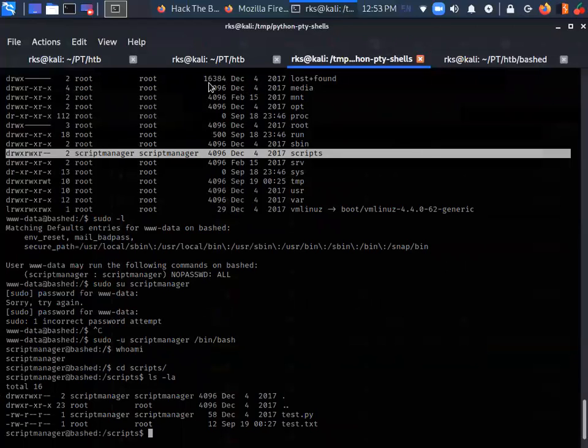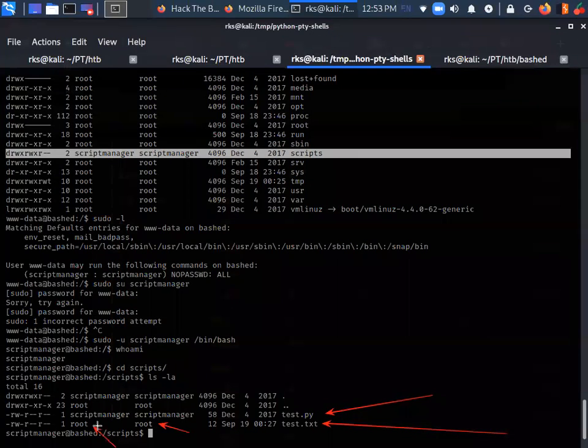These two files are like, one is Python file, one is text file. The text file is owned by the root. On the other hand, the Python file is owned by script manager user.